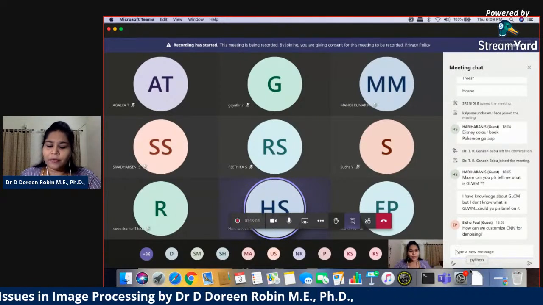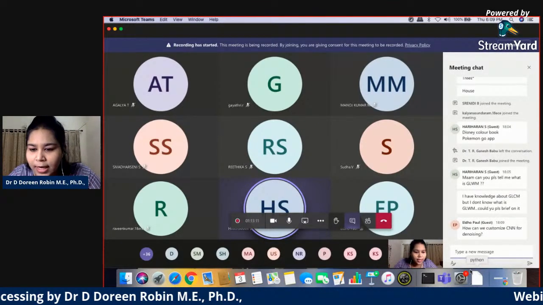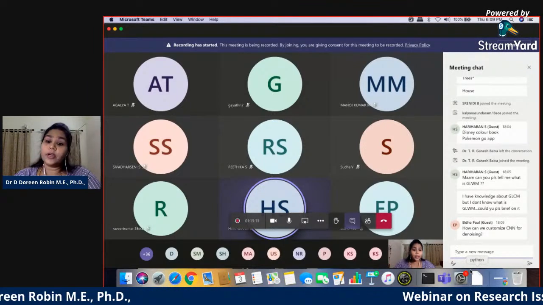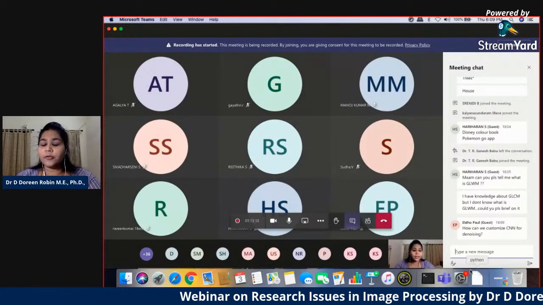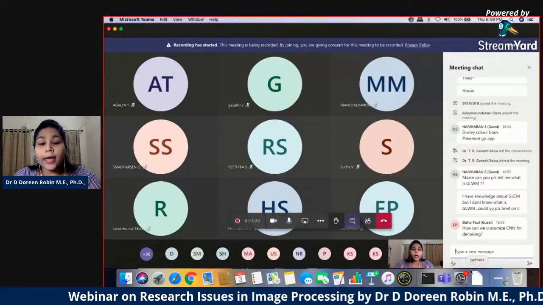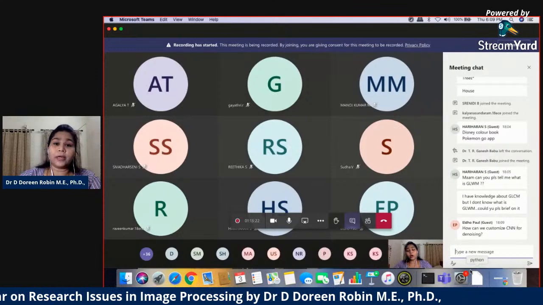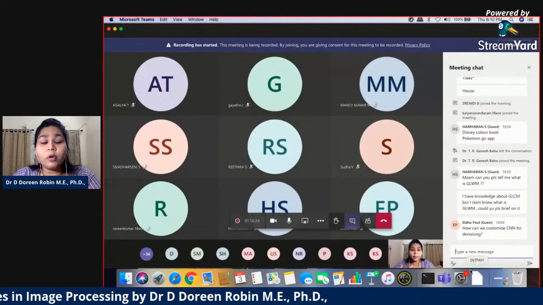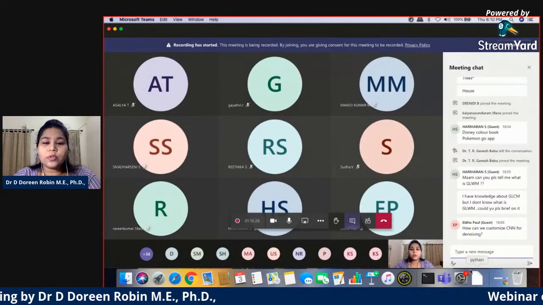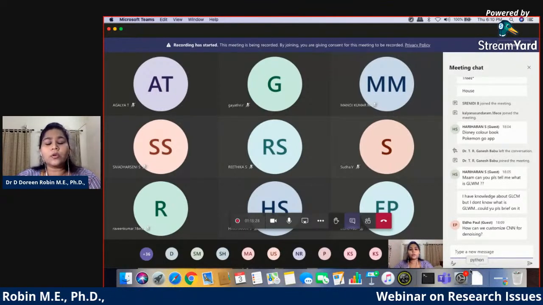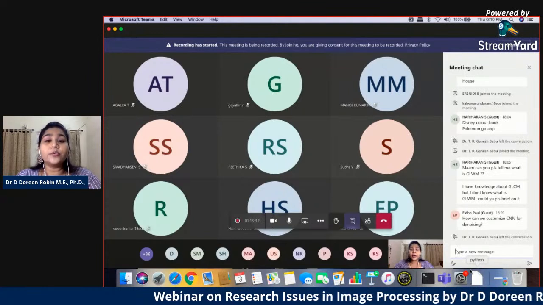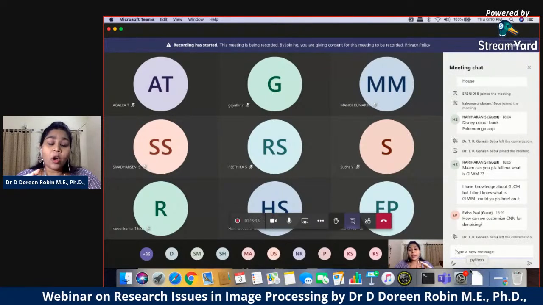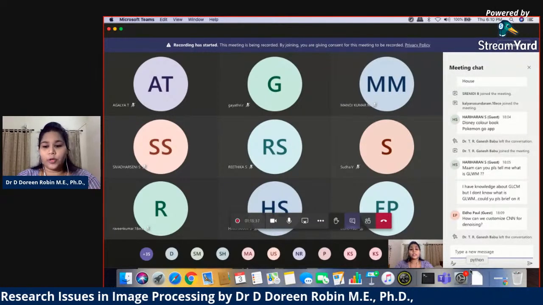Thank you. How can we customize CNN for denoising? There are different functionalities available, and all are in Python. All the packages that we are using in Python have source code. So we need to take the source code, refine and fine tune it, and make alterations in the algorithm to enhance the features.